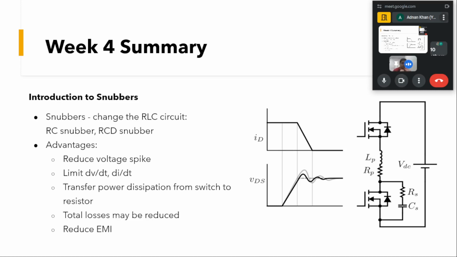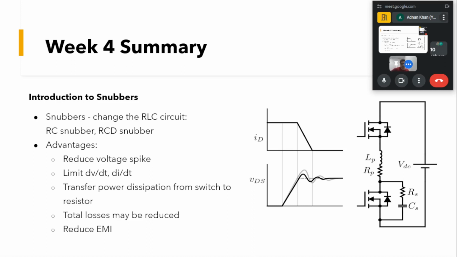This may reduce some of the switching losses across these devices, and those losses will get dissipated across this RS. That may help, as there won't be much switching loss across the devices, and our devices may not get heated up to very high temperatures, which may sometimes damage our devices. Also, by using these snubber circuits, there may be a reduction in overall losses